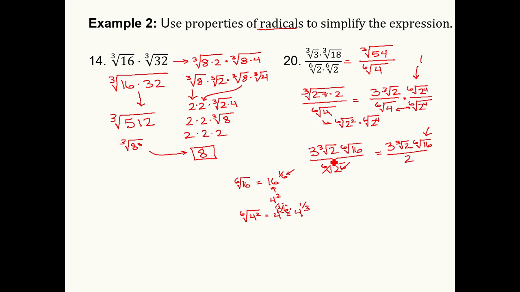All right, so now let's rewrite what we had way back up here in this step. I've got 3 times the cubed root of 2 times that sixth root of 16. We said that's the same thing as 4 to the 1/3. That's the cubed root of 4 all over 2. That's 3 times, I can multiply those cubed roots together now, the cubed root of 8 all over 2. And the cubed root of 8 is a perfect cube. It's like 3 times 2 over 2. If you can believe that, that whole mess that we started with simplifies down to a 3.